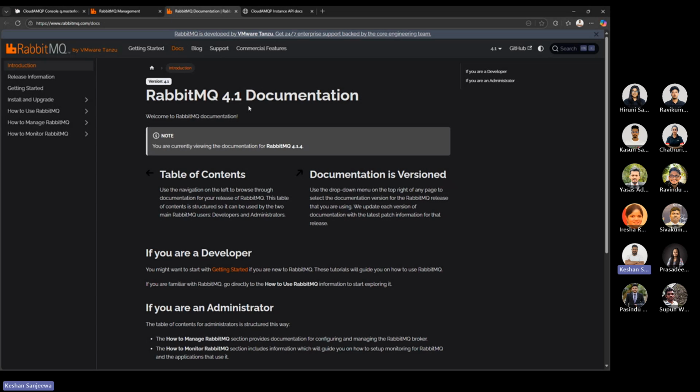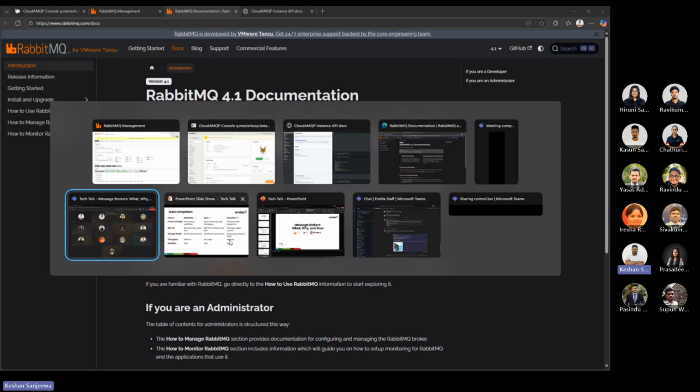When you have RabbitMQ installed locally, you have full control, and you can do whatever configurations you want. But if you are using a RabbitMQ web version with a different provider, then there will be restrictions, and when you might encounter some issues while configuring, you have to raise support tickets with the RabbitMQ provider, then you can get help. Right. So let me go back to the